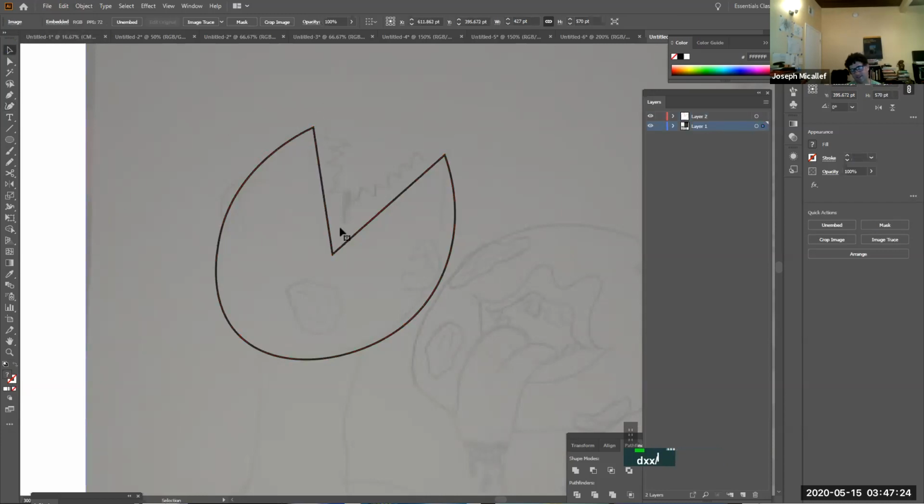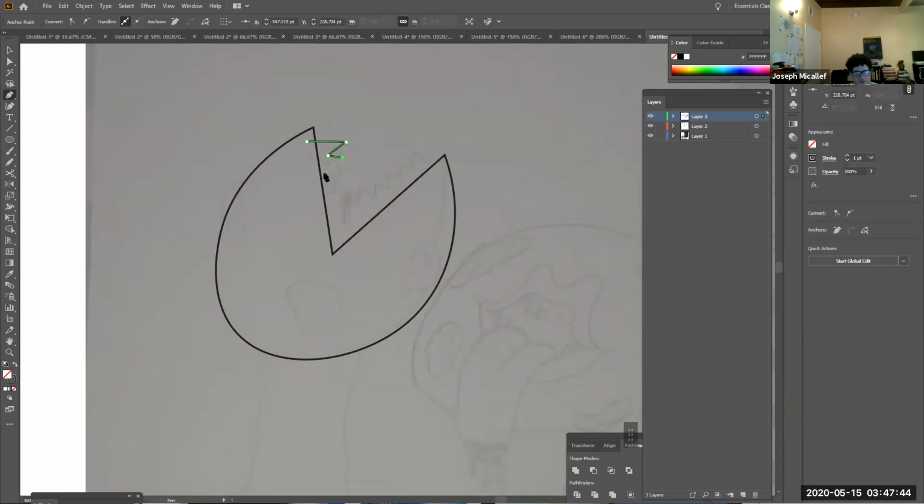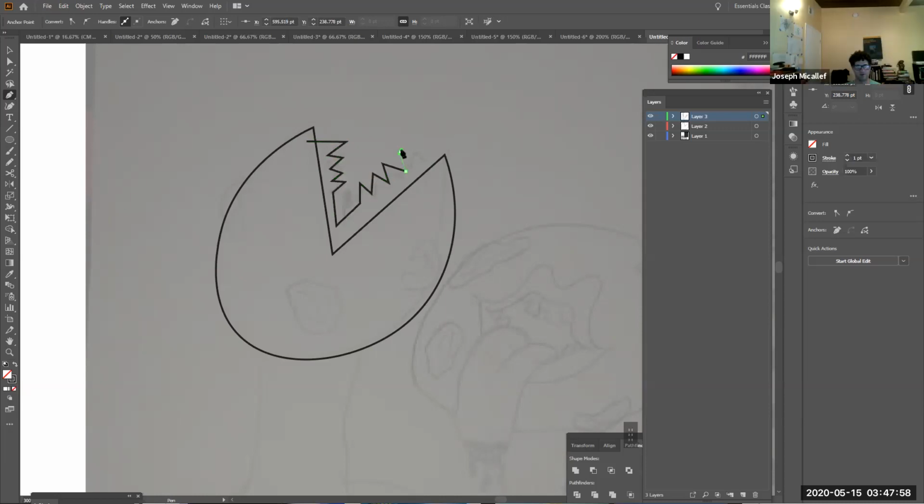So let's say I'm using the curvature tool and I created the shape here. I select it and I hit Command or Control 2 to lock it. And then I create a new layer. And let's say I'm going to do the teeth now. For the teeth, I won't use the curvature tool. Did you lock the previous layers, and now you're working with a new layer? Yep, you lock them. That's why it didn't affect them. Yeah, you lock it, but when you want to go back,